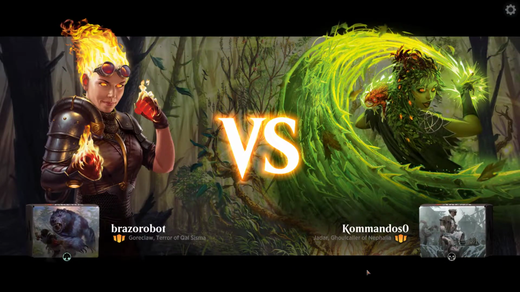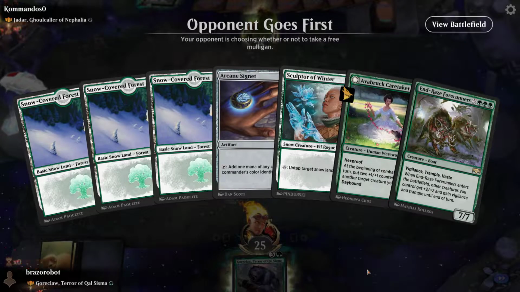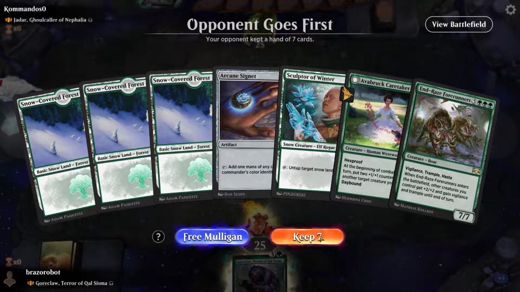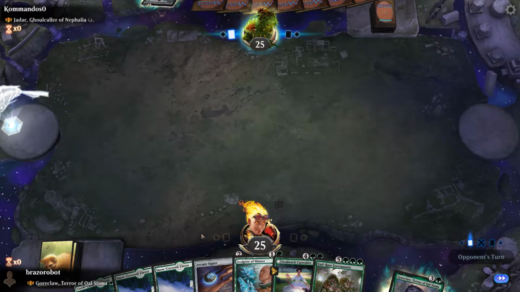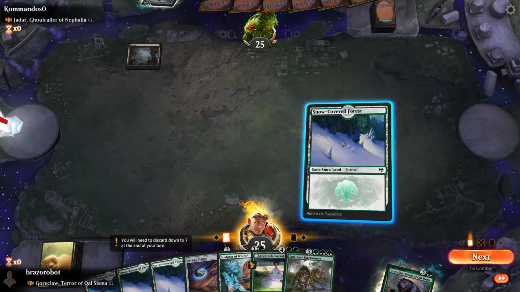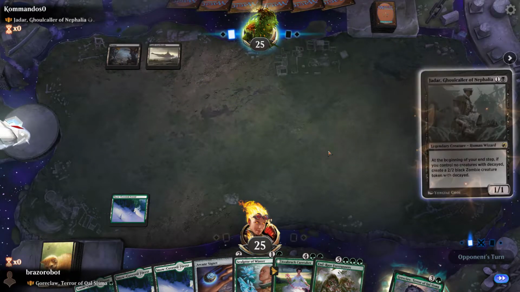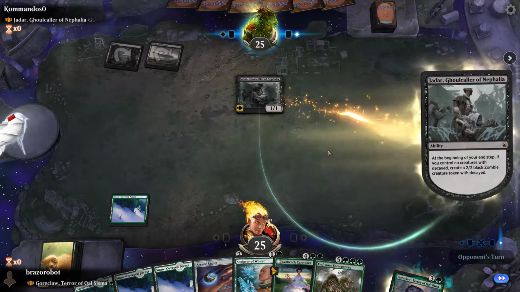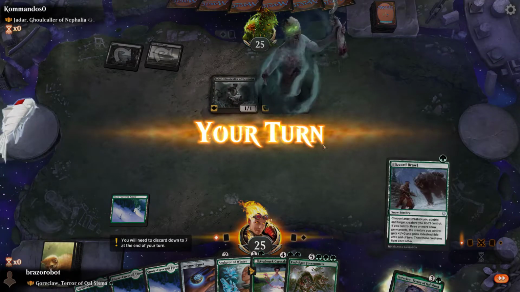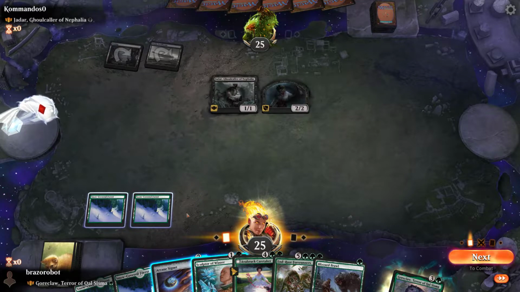We're going up against Jadar, Mono Black, Zombies, Sacrifice. Opponent goes first. We keep this hand, trying to play into our big mana spells. Play the Forest, opponent with a Castle Locthwain, and Jadar comes out quickly. We will play another Forest, and we also will play a